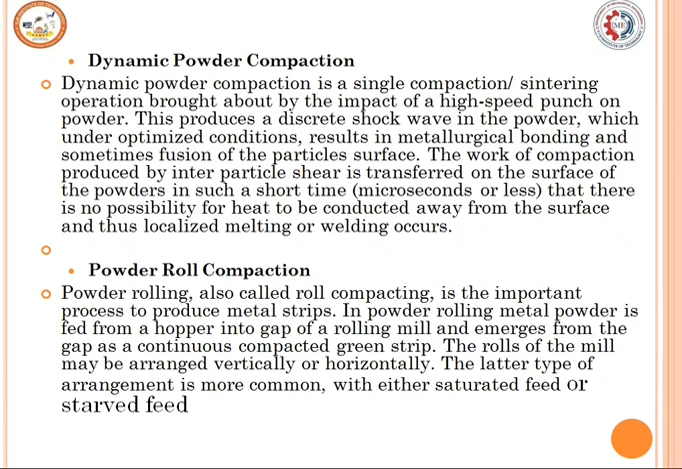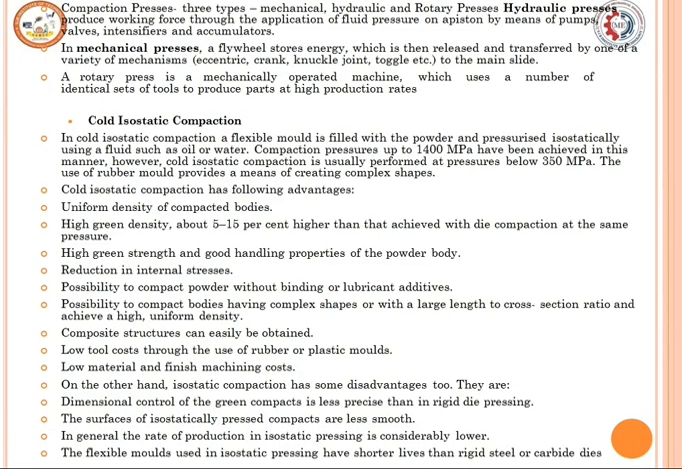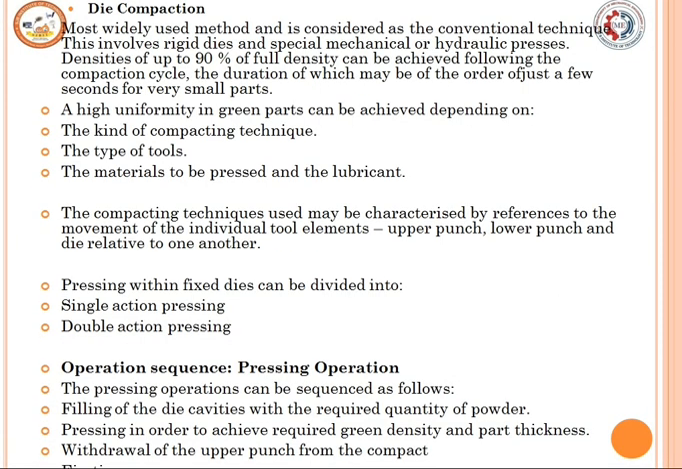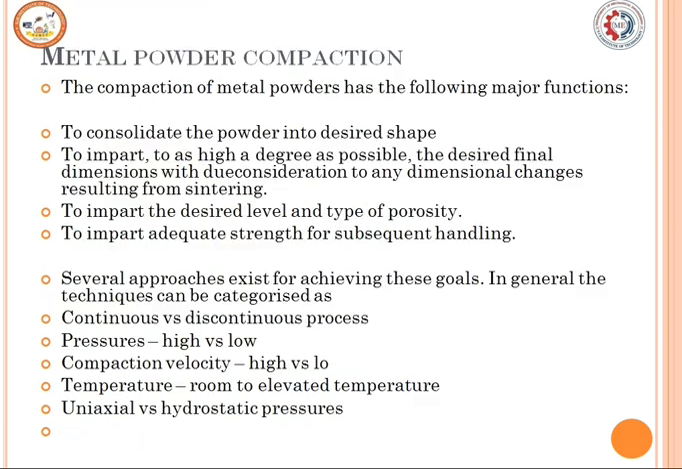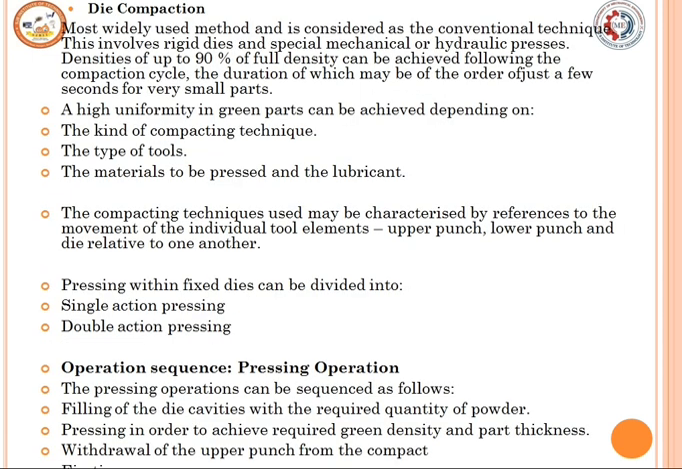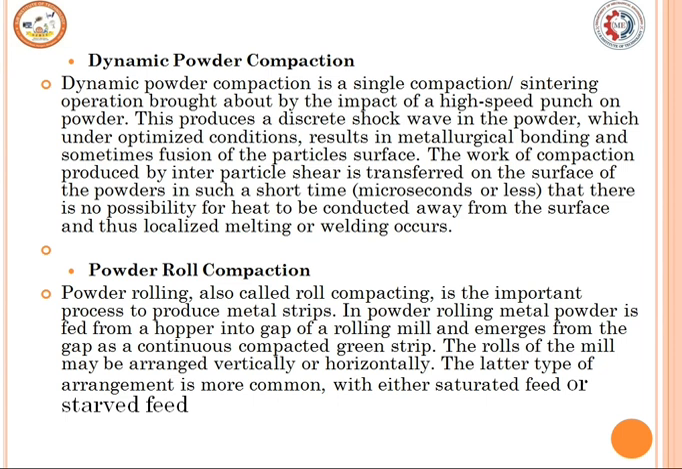Under the compaction process, in the previous video we discussed cold isostatic compaction. Further, we will see dynamic powder compaction. It is a single compaction sintering operation brought about by the impact of a high-speed punch on the powder. This produces a discrete shock wave in the powder which, under optimized conditions, results in metallurgical bonding and sometimes fusion of